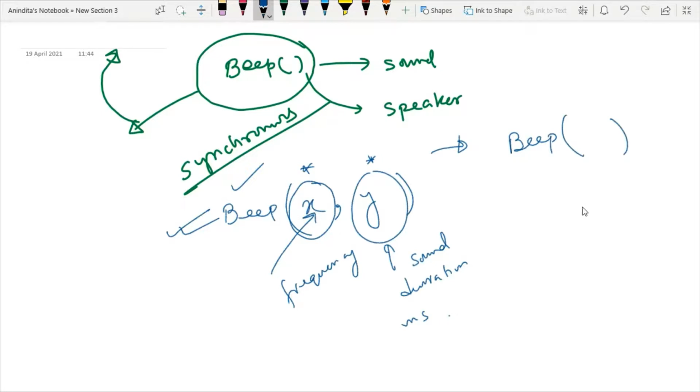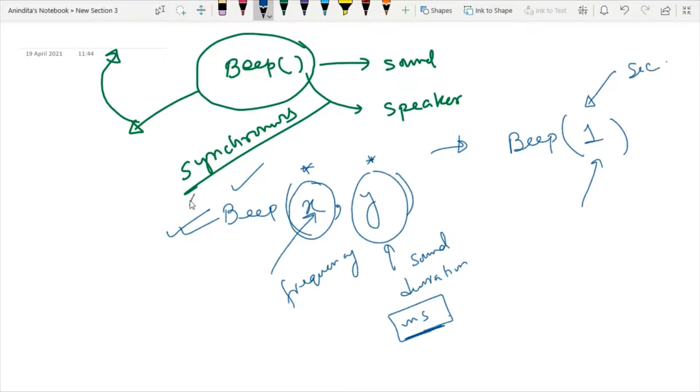In this, we can write only the sound duration. But here I have mentioned that it will accept the sound duration in milliseconds. But if I write Beep(1), then this 1 will be treated as a second, so the beep sound will buzz for 1 second.